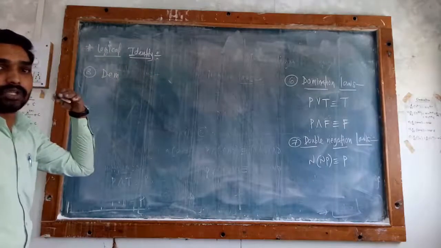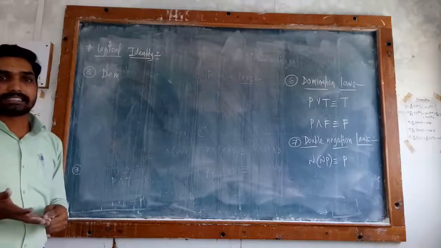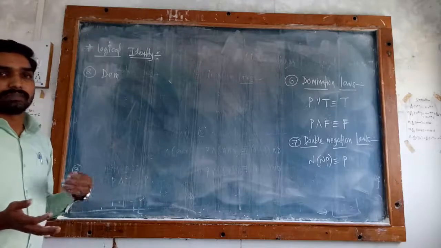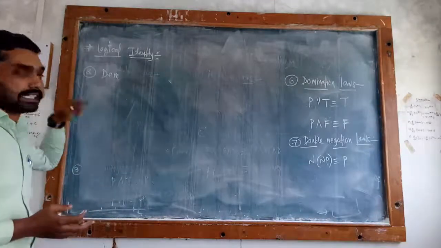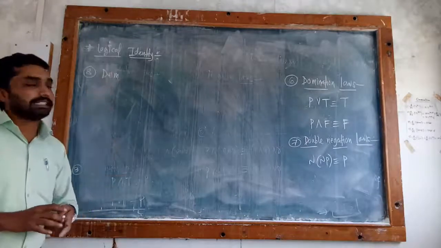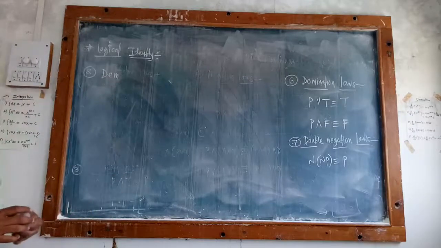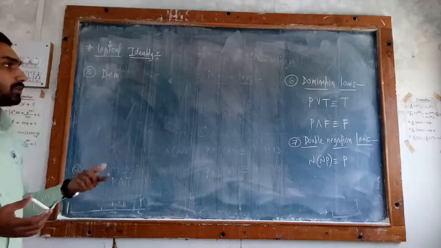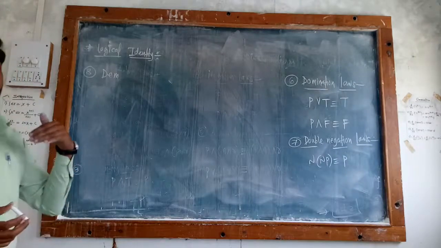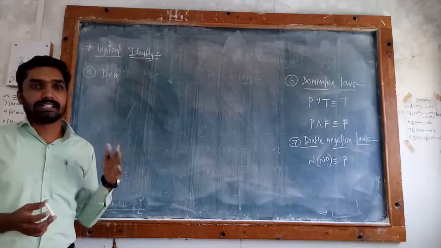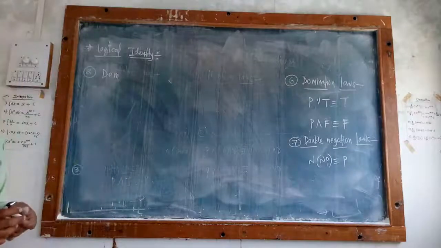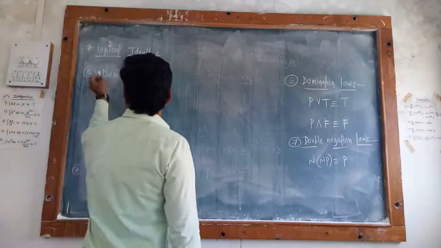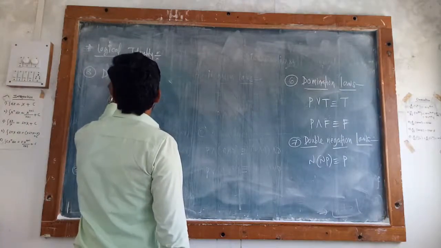In that set chapter we have to use intersection and union operators. Also, we have to use the symmetric difference operator, and in your logical identities, in that second chapter, propositional logic, we have to use the propositions P, Q. In case of A, B, C, we have to use the propositions P, Q and R. And in case of operators, there is intersection and union, and here the operator is AND or conjunction.